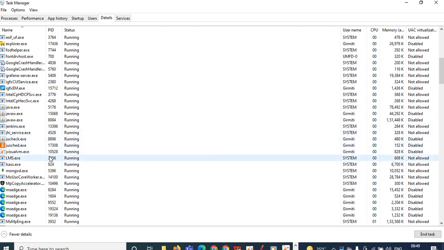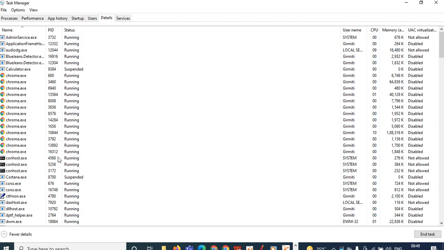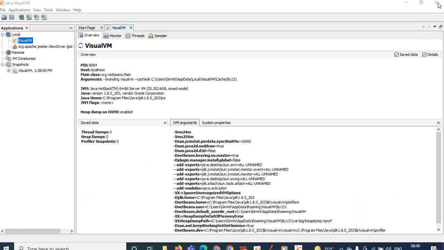See, Java Visual VM process ID, LMS process ID, MongoDB process ID. Whatever is running on your machine, you can see one process ID, that is the unique one. Unique count. Like that you can see the process ID for this application as well,